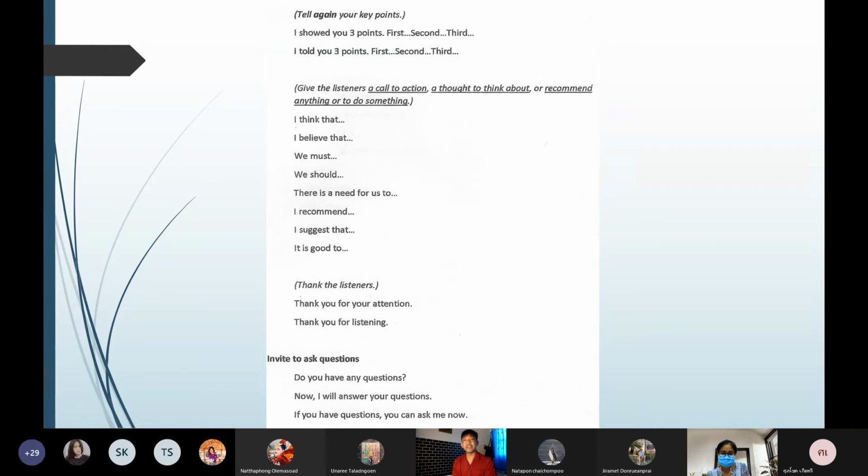Number 1 is the introduction. Don't forget, in the introduction you have the greeting: hi, hello, good morning. And then introduce yourself, your topic, why it is important to tell the topic, and the overview. And in the body, number 2, you have to discuss and explain how by giving examples, evidence, and proofs. And in conclusion, very easy. You just repeat what you said in the introduction, but you use the past tense form of the verb in the sentences.